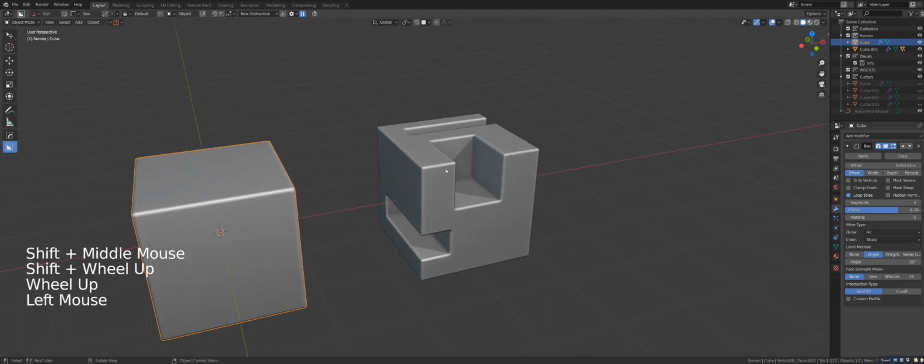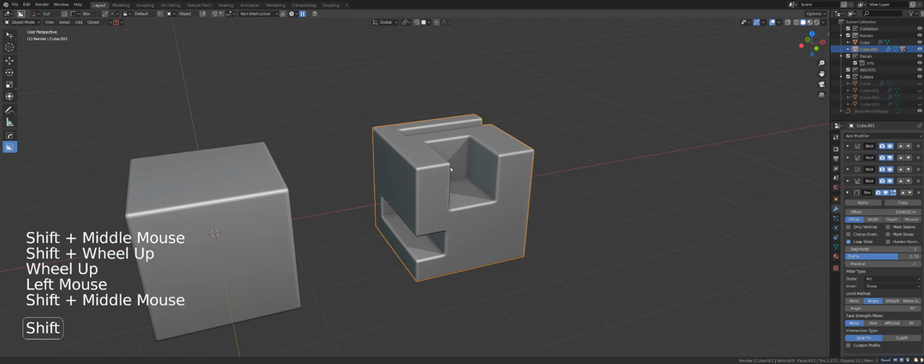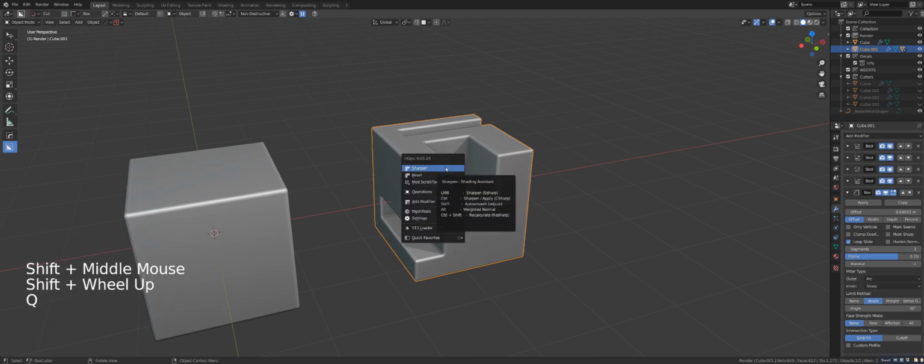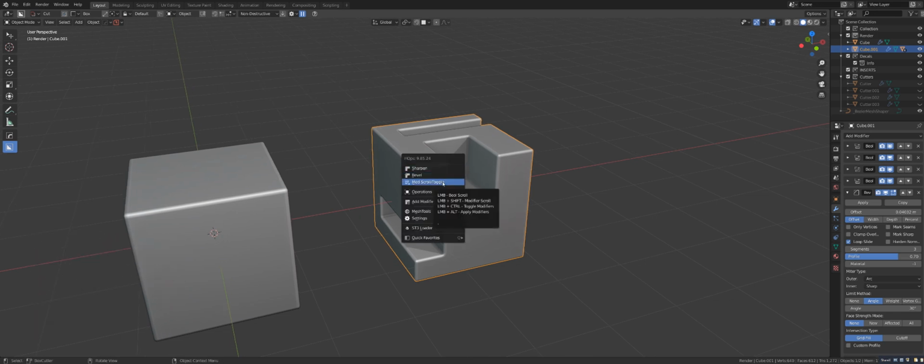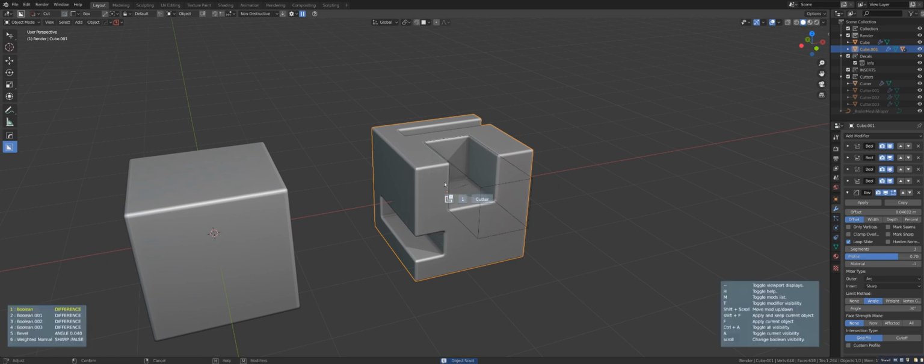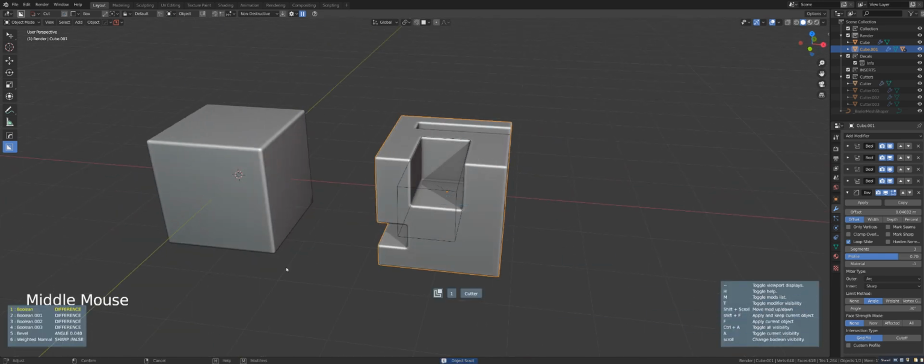But this one has booleans going on in it, right? So you see, I have here something called Mod Scroll Toggle. Now what's this about? If I click on this, you can see a menu in here, and on the left-hand side you have a modifier stack, so exactly the same information is in here. And if I scroll through with my mouse,